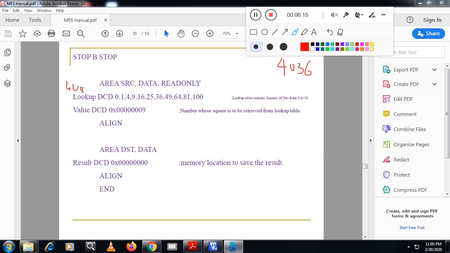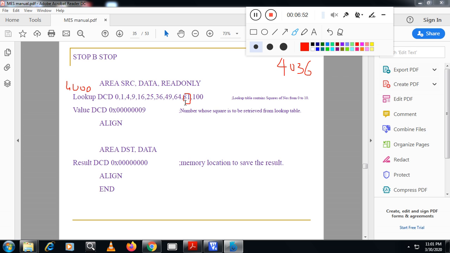Now each defined constant data means 4 bytes. So it is 4000, then 4004, 4008, 4012, 4016, 4020, 4024, 28, 32 and 36. This value it will load.